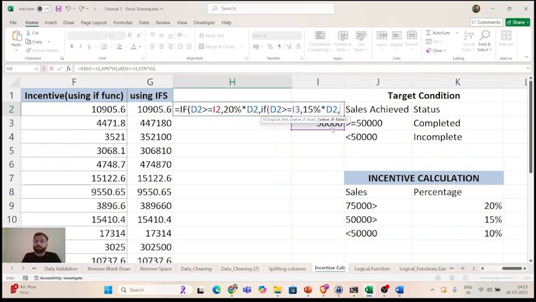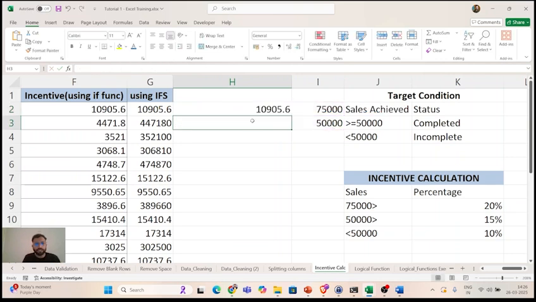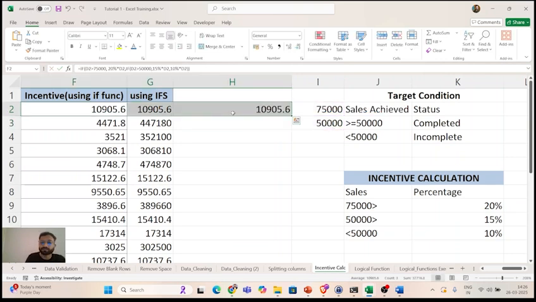But if the sales amount is not greater than 75,000 and not greater than 50,000, then the incentive will only be 10%. So 10%, value is false, 10% of sales amount D2, closing the bracket of the nested if and closing the outer if. Enter. See, the output is exactly the same.